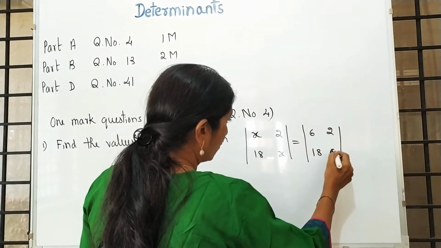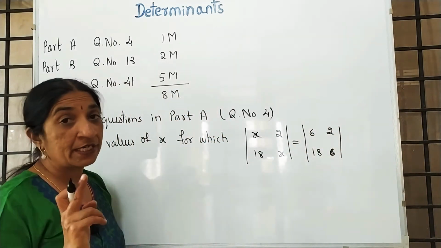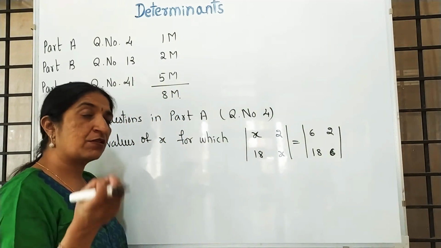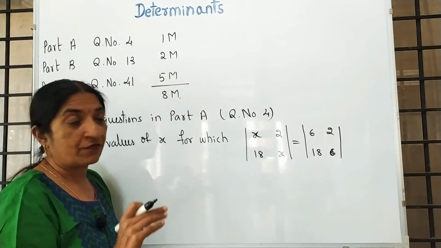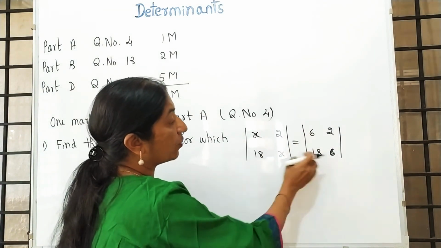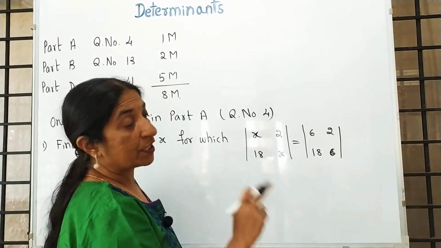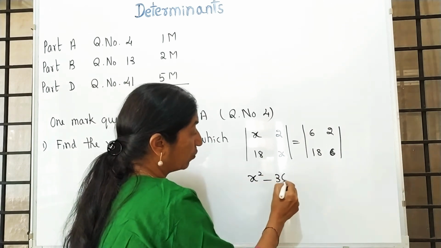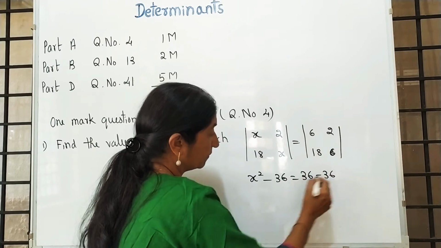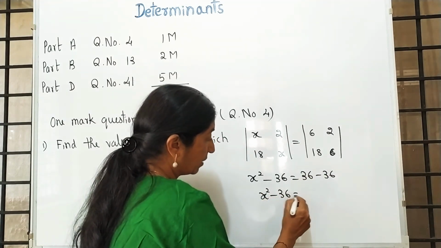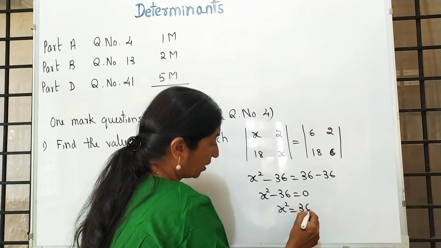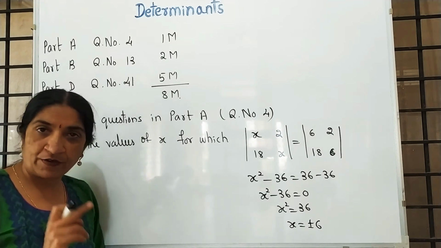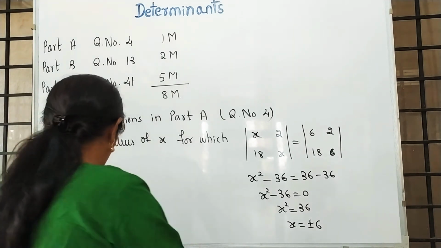Usually what the students are doing, they are comparing the values. No, in the determinant we are not comparing. Wherever necessary I will explain the solutions; otherwise, in the determinant chapter videos I gave each and every explanation. See, you cannot compare and write the value. Why? In the determinant you have to solve. When you solve this determinant, you will get x square minus 36 is equal to 0, x square is equal to 36, x is equal to plus or minus 6. This is the method to find the value of x in determinants. Yes, moving to the next question.